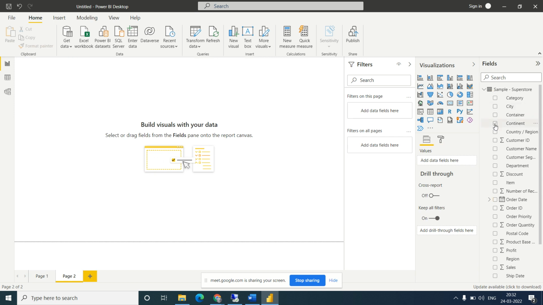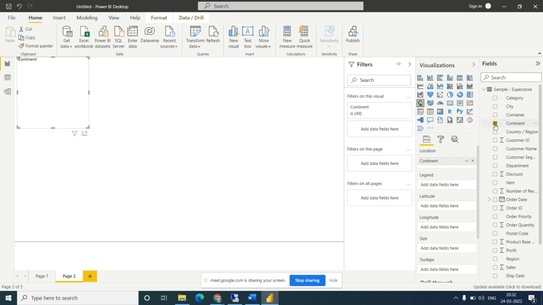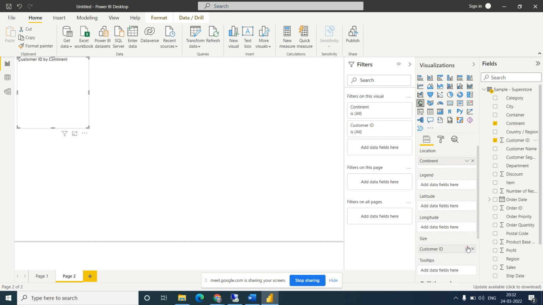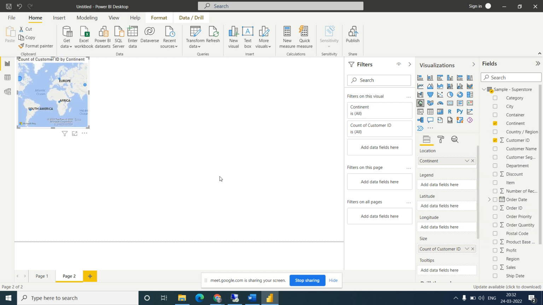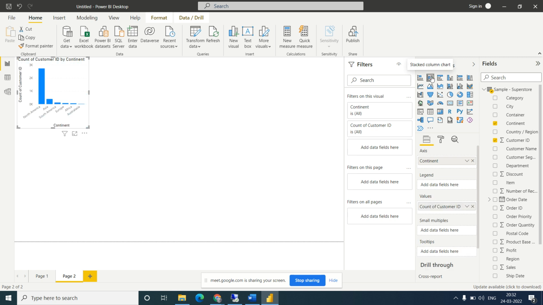I am adding the continent and the number of customers, count of customers. So just take this one, count of customers at the continent level. So there is page 1 and page 2.